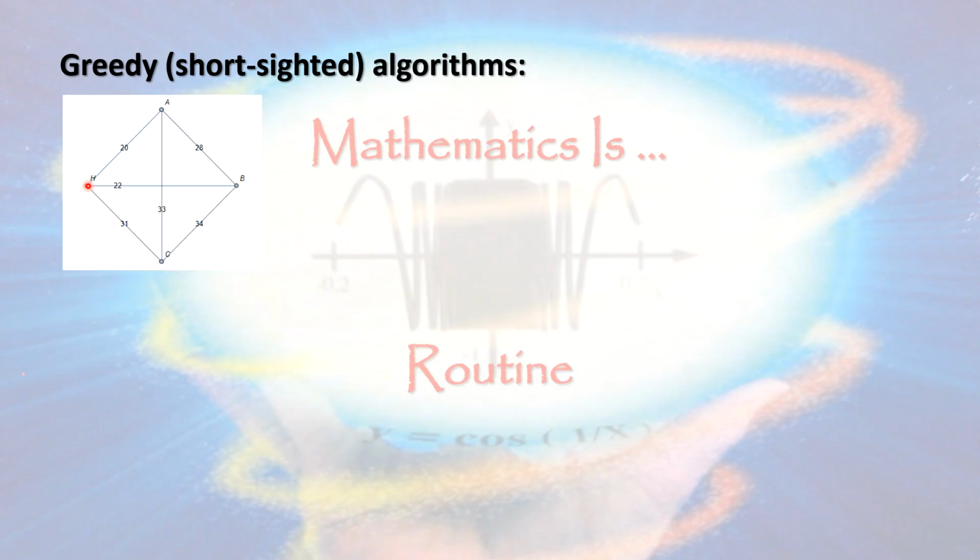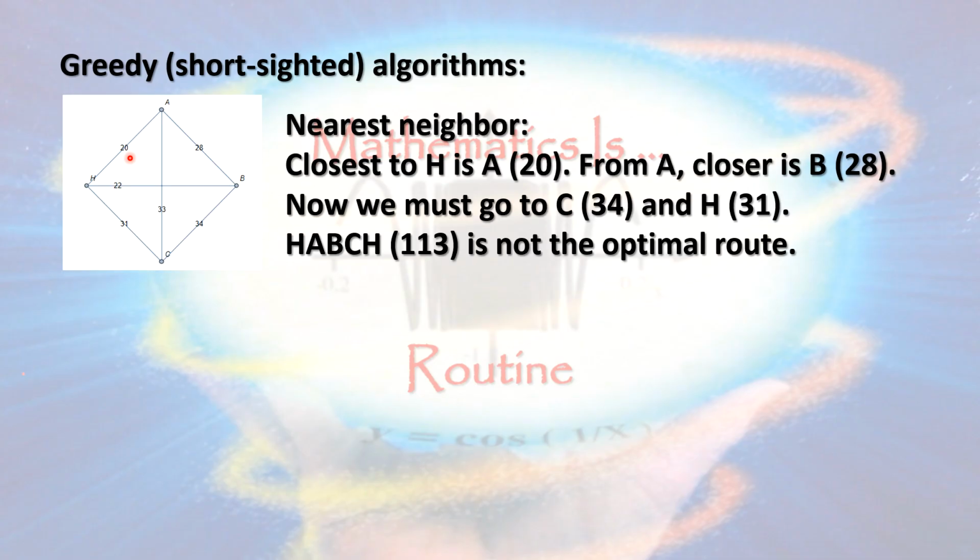In our simple example, we start at H. Which of the 3 sites is closest? Well, site A is only 20 miles away, so we go there first. From A, is it easier to get to B or C? From A to B is only 28 miles, so we go there next. We now have to go to site C and back to H, even if those are horribly expensive. The route produced by this, called the nearest neighbor algorithm for obvious reasons, is HABCH, whose total cost of 113